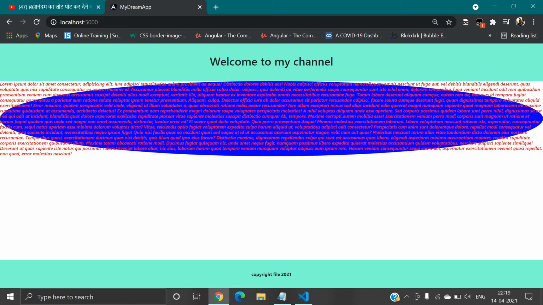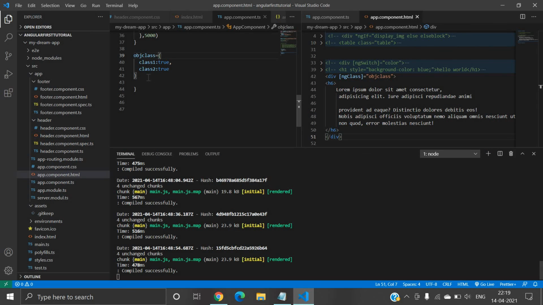So the data is displaying. But if I want to change this color dynamically with the help of ngClass, how can we perform that? First of all I will use some logic, let's say changeColor. I will create a function.